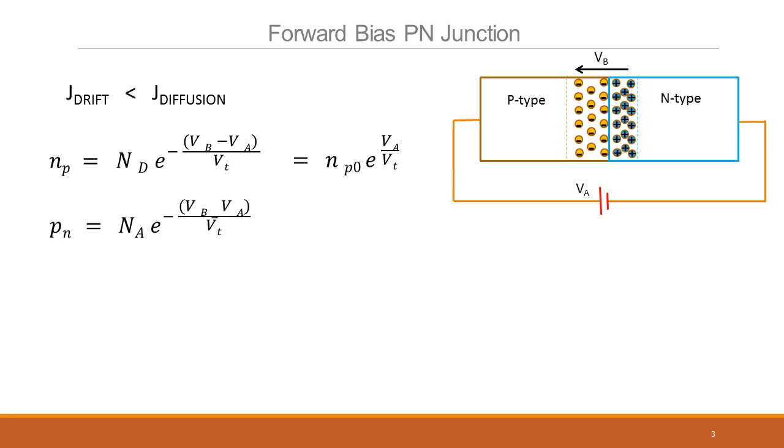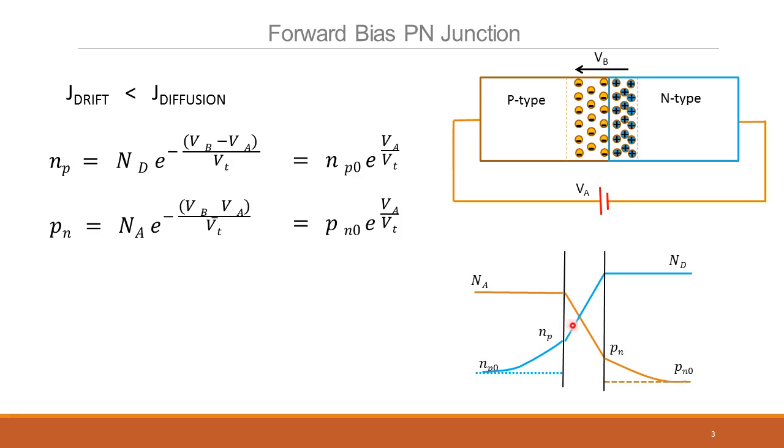Similarly, for Pn, you can substitute back the same thing, and I'll get Pno e power VA by VT. All that's saying is that the minority carrier concentration depends exponentially on the applied potential. This is a small equation jugglery just to get this. So if NPO is at zero bias, to apply a VA potential, the minority carrier concentration near the depletion region edges, sorry, not junction, the edges, depends exponentially on the applied voltage, both for the NP and PN. A small equation jugglery to show that.